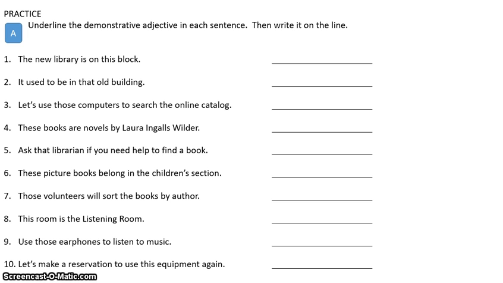So in number 1, it says the new library is on this block. Well, block is a noun. Which block am I talking about? Well, I'm talking about this one. All right, which means I must be standing on the same block that they're putting the new library on. So what you're going to do is underline the word this in red,